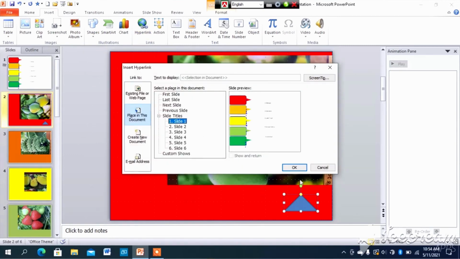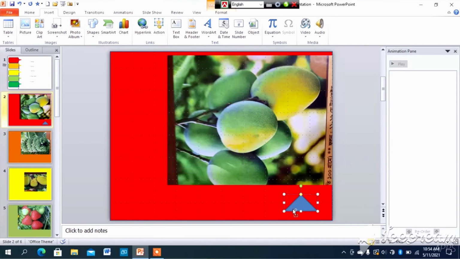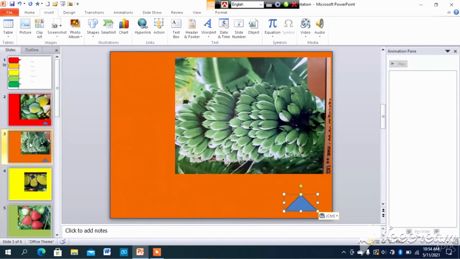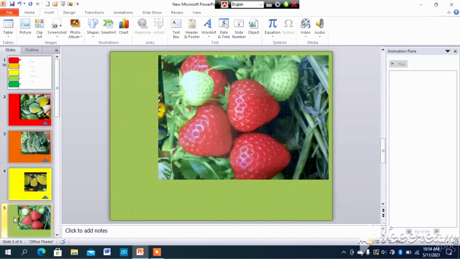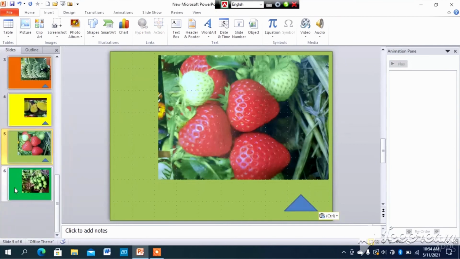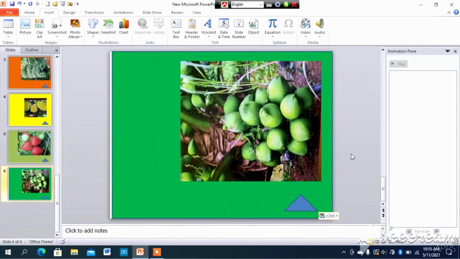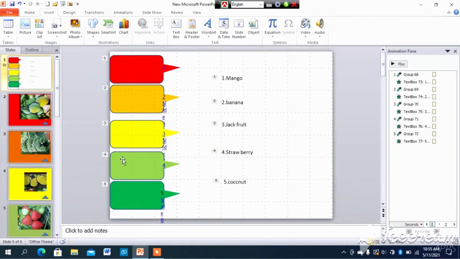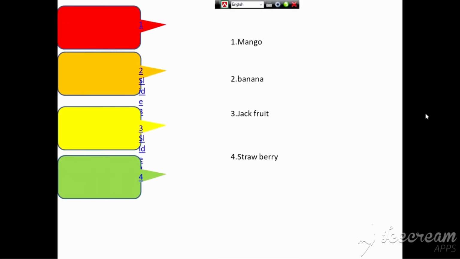Now, these 5 slides should be related to the number 1 slide, that is the controlling slide. For this reason, I take a triangular shape on each of the 5 slides and the number 1 slide.